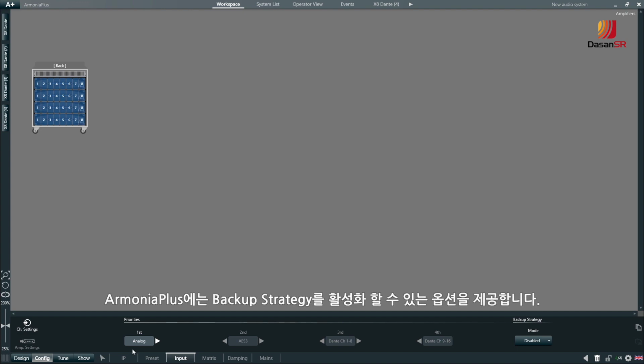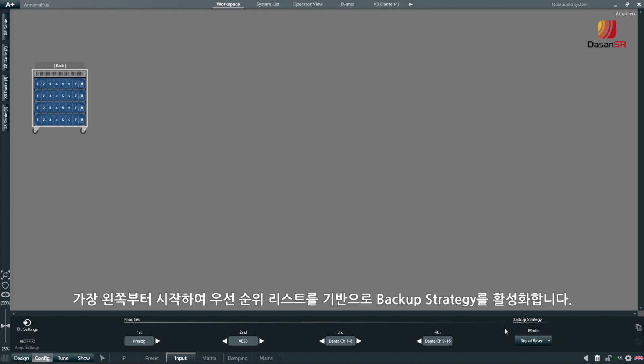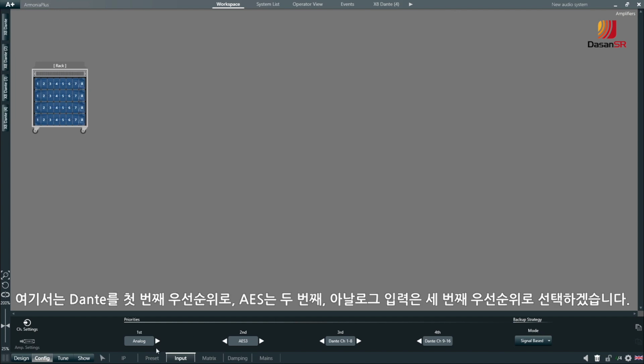ArmoniaPlus also gives us the option to enable what is called a backup strategy. If we click on Mode and then pick Signal Base from the list, we will activate the backup strategy based on a list of priorities starting from the far left. In this example, let's pick Dante as the first priority, AES as the second, and then analog input as the